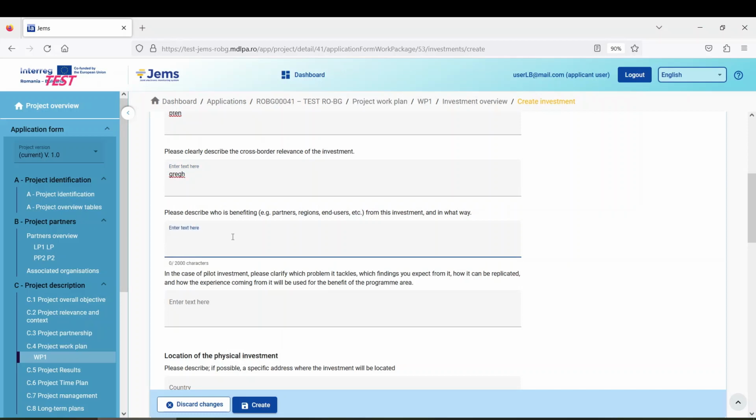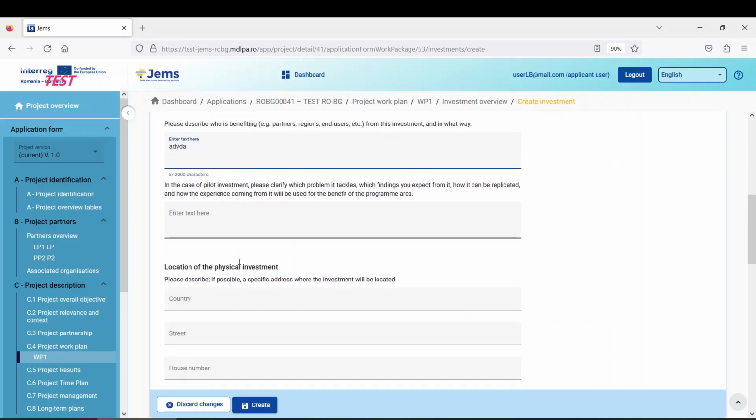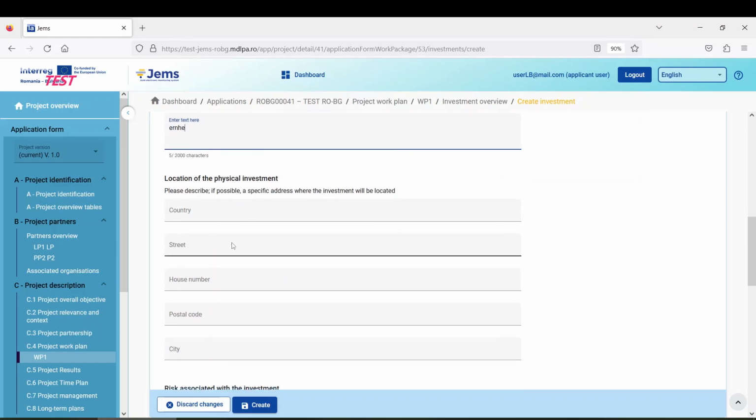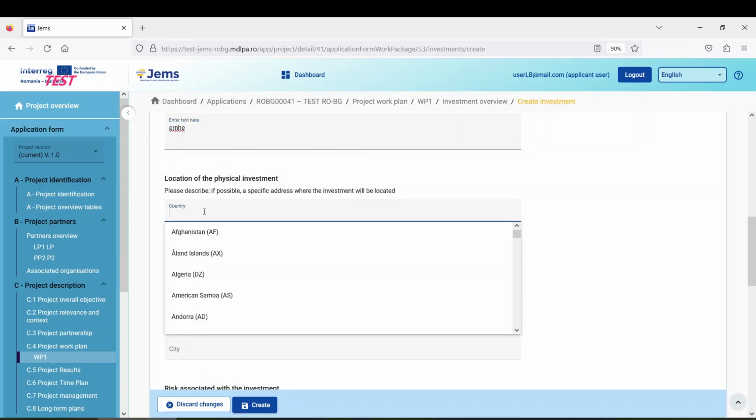We have to describe who is benefiting from this investment and in what way. Also, in case of pilot investment, we will have to clarify which problem it tackles, which findings you expect from it, how it can be replicated, and how the experience coming from it will be used for the benefit of the program area. Okay, after that, you have to enter the location of the physical investment, and this is basically